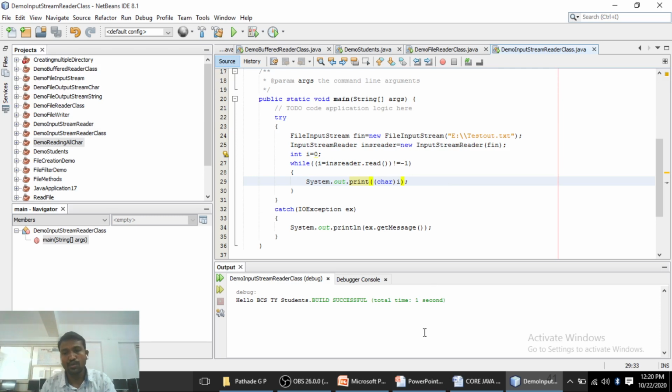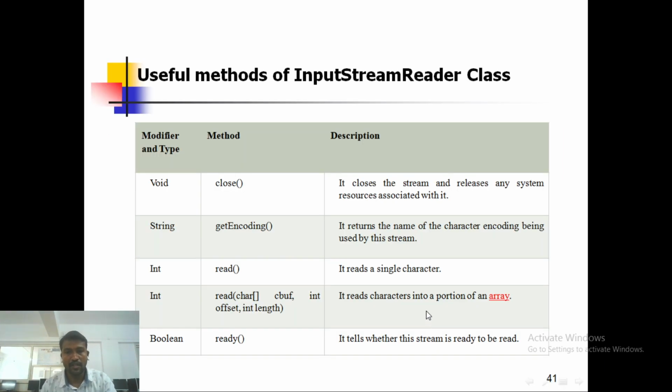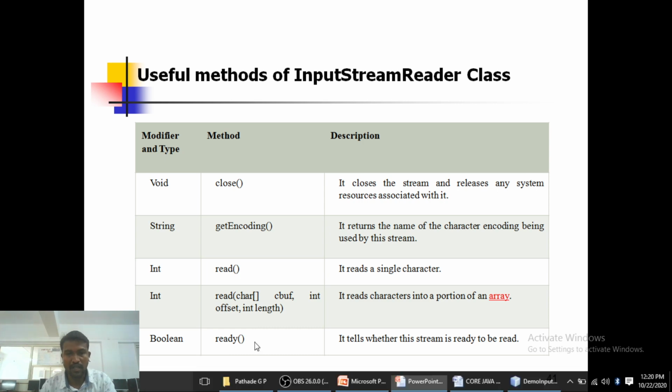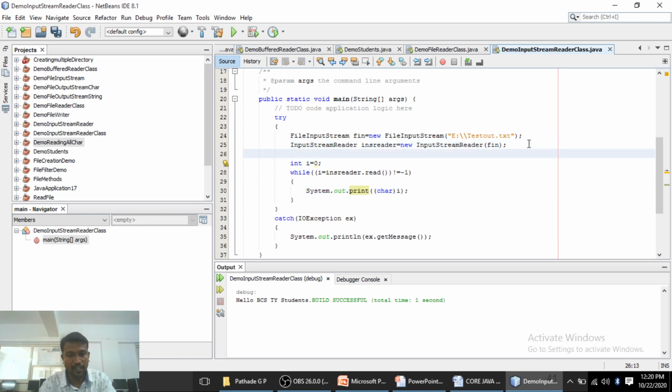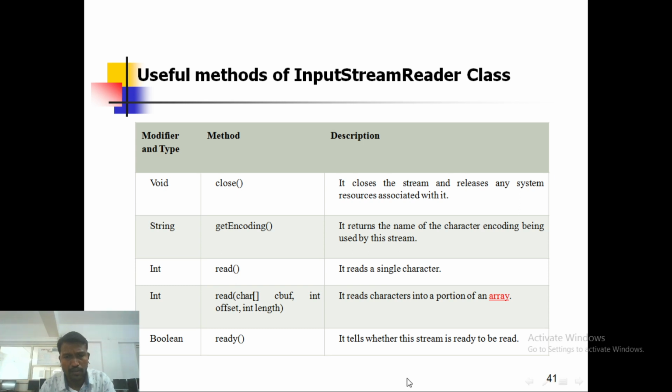We are also discussing the different methods, suppose the ready method. With the help of the ready method, it will return true or false, whether your stream is ready to be read or not. So we are going to see this method in the same program. Before this variable declaration, we are going to use this method, whether the string is ready or not.